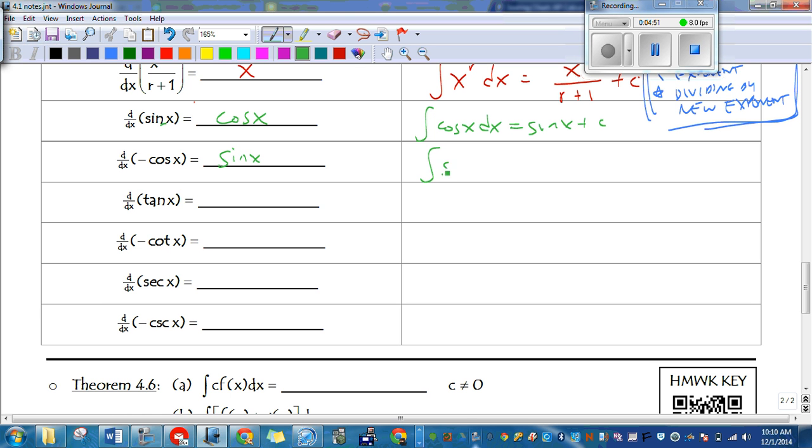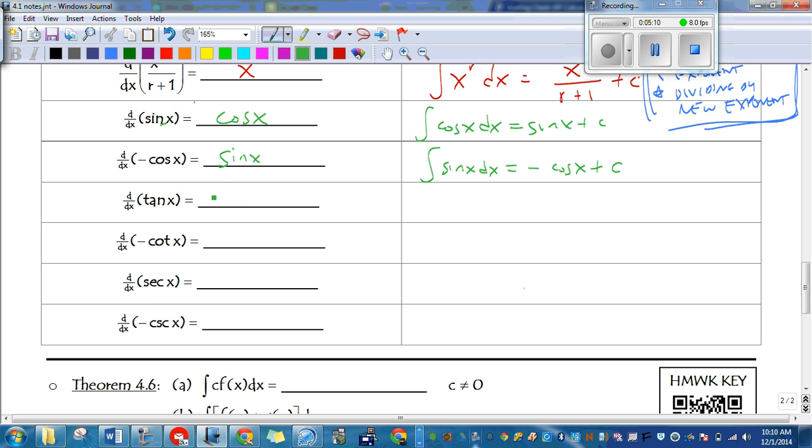So the antiderivative of sine of x is equal to negative cosine of x plus c. Right? So it's just going backwards. So you don't necessarily have to memorize these antiderivatives. If you know the regular derivatives, you can kind of work backwards,